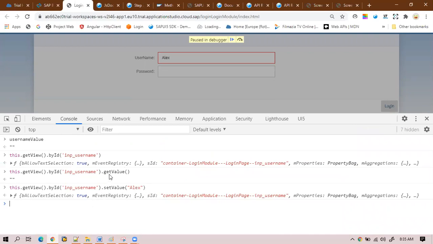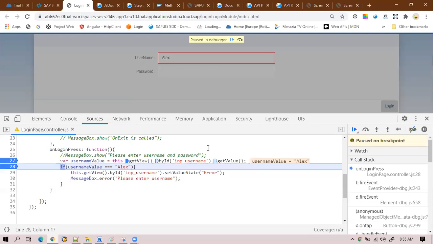Same as what we have done. I get the value and I also try to set the value to the input field. Oh, you have to write. No, but in SAP there is an edit button. Click on that, and you can change that value. Anything. We can simply write here.